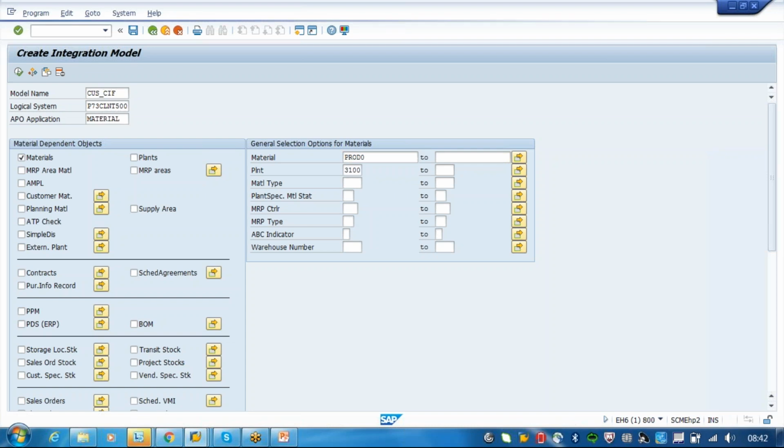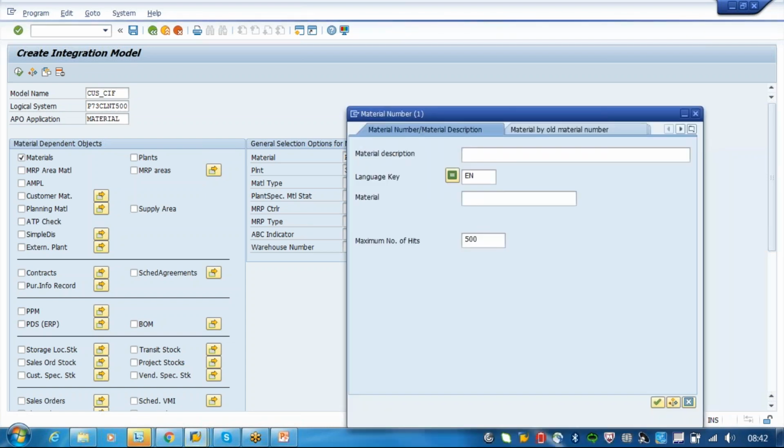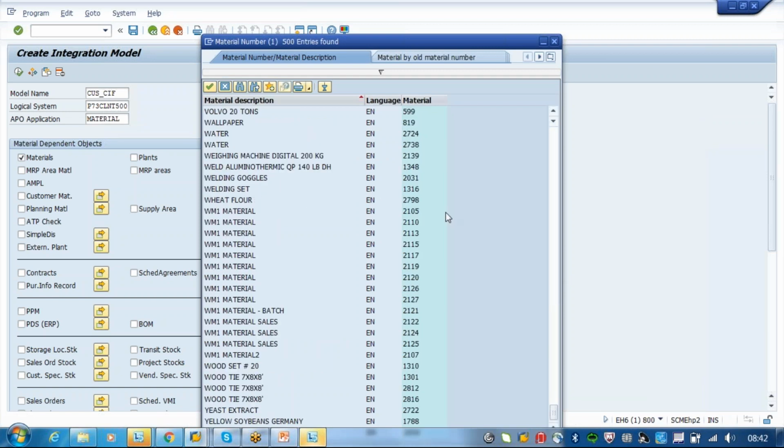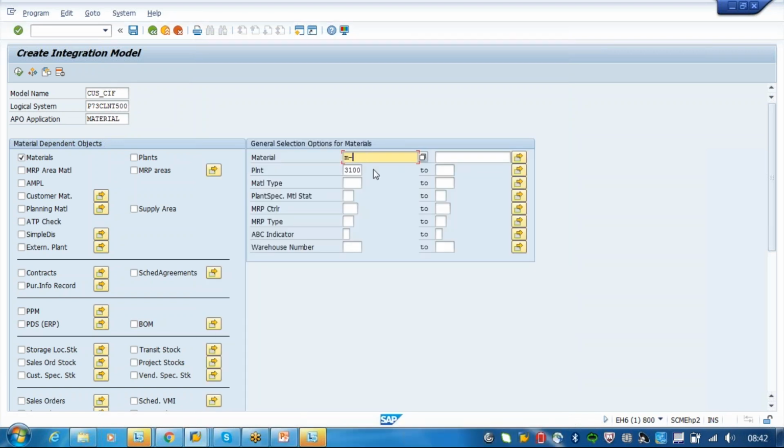I will just try to find some plant materials. Okay, I will take a material which is MIFN16. I know even in standard we have MIFN16, right? We'll just take this material.